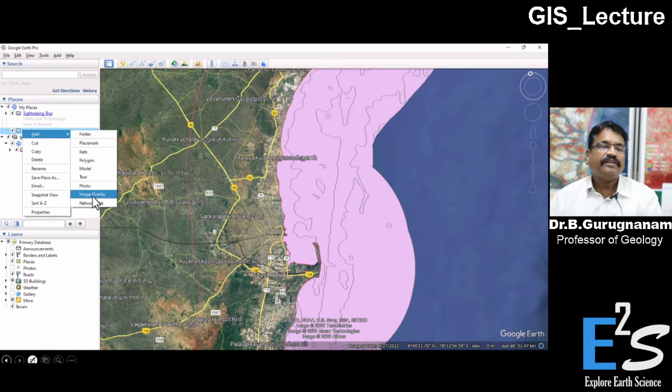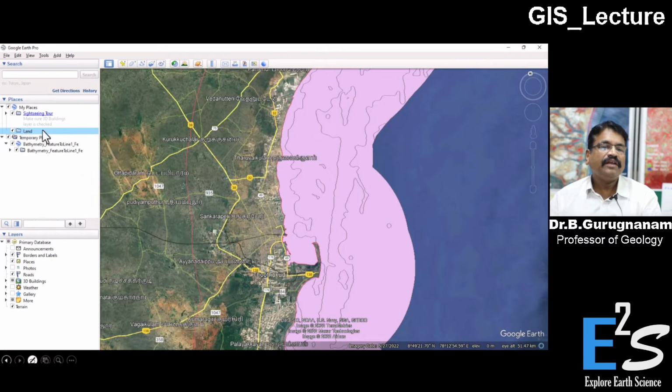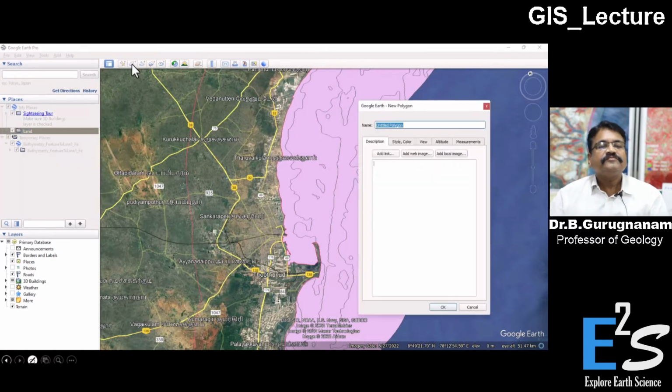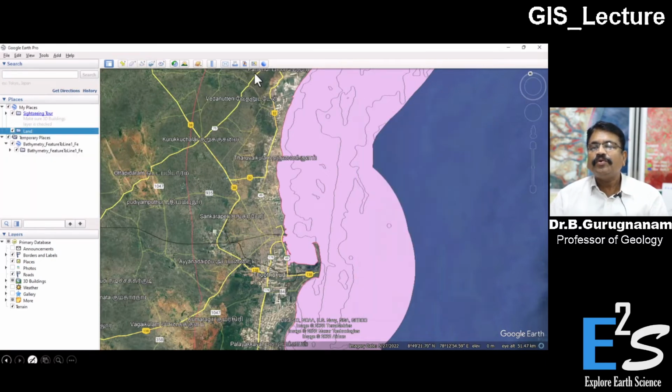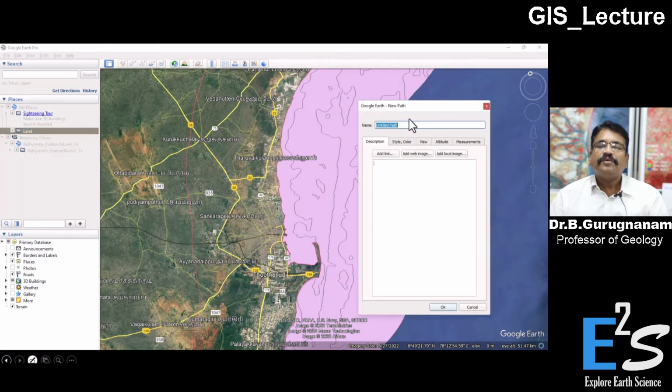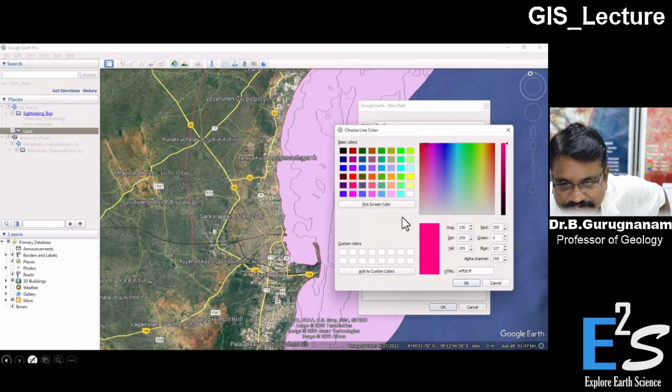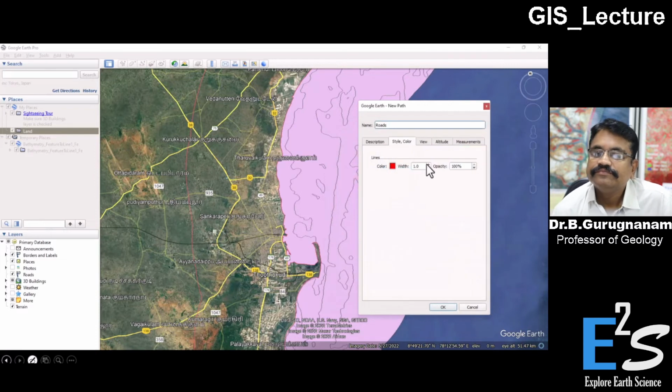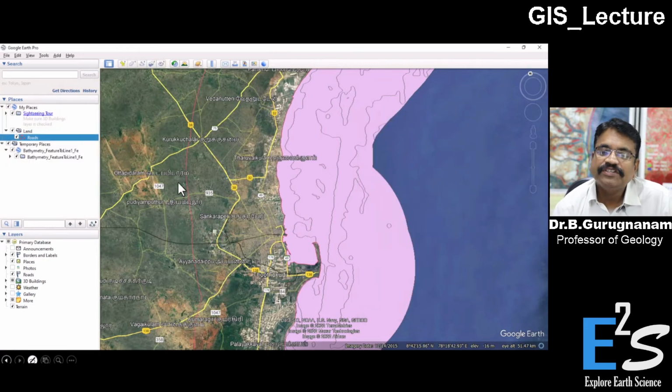I can add here a polygon or a point or a line. Now I'm just taking a polygon feature. Maybe a line feature is good for making a road map. So I'm taking a road map here. So roads, if I put, I can select the different colors in which I'm interested in displaying it over here. Just raise the width so that it will be more visible when you are doing your digitization. I'm just increasing the width,